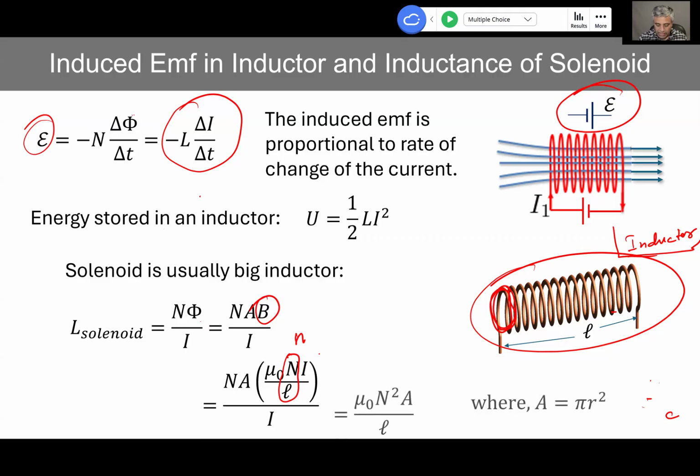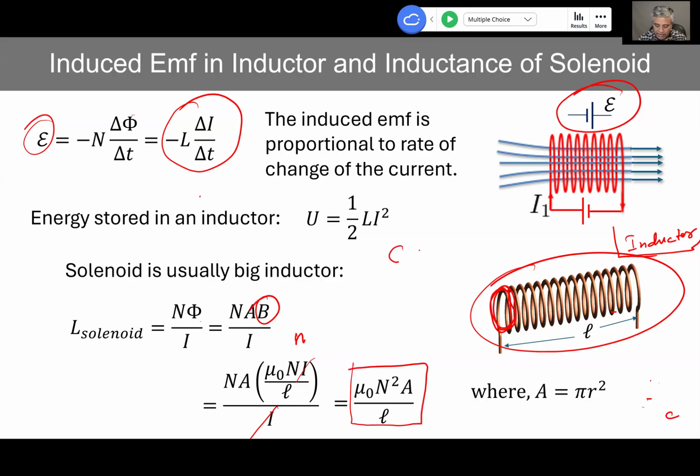So now with that, I can write something like this. What this tells us is that the current now cancels, giving us this. Just like the capacitance of a capacitor was dependent on just this factor, the area of the plate, the separation distance between the plates, and the permittivity, there is this. So the inductance depends simply on